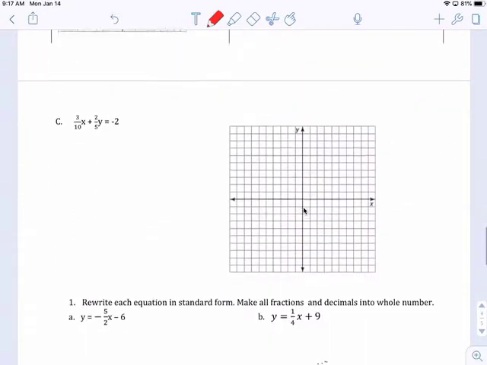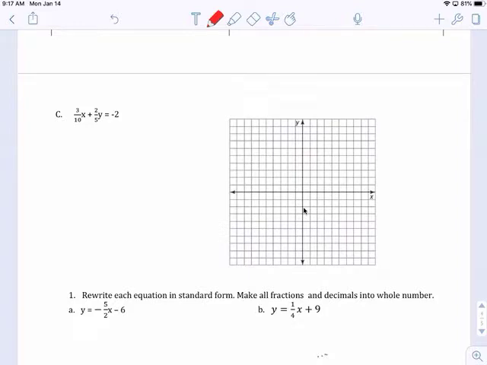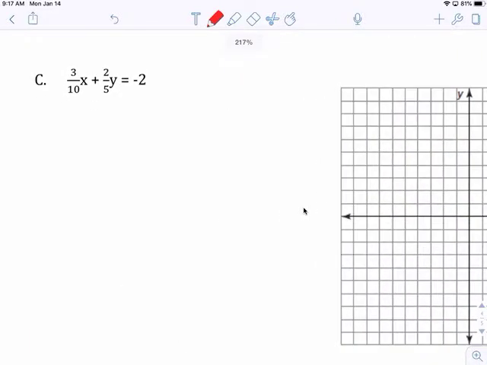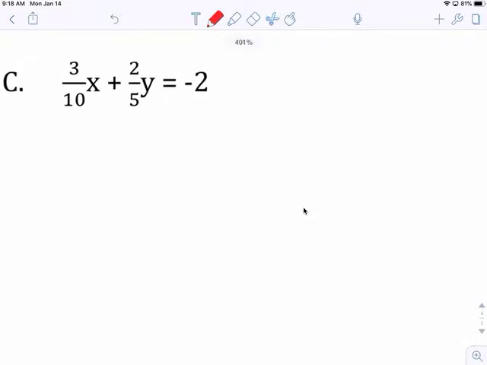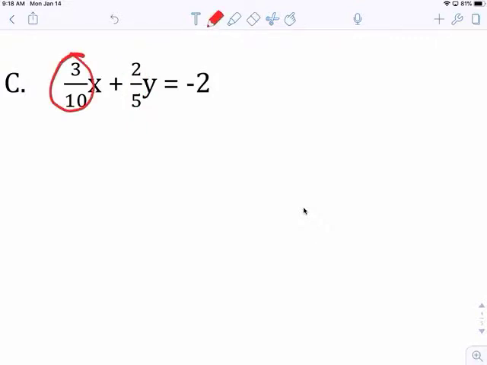And then here on C, you need to get rid of the fraction because it's going to be hard with these fractions. You move that over, 3 over 10, divide, it's going to be very confusing. So the fractions bothering you, get rid of it. You're going to have to divide by that, so it's going to all be confusing. So your least common denominator is 10. Multiply by 10, okay,